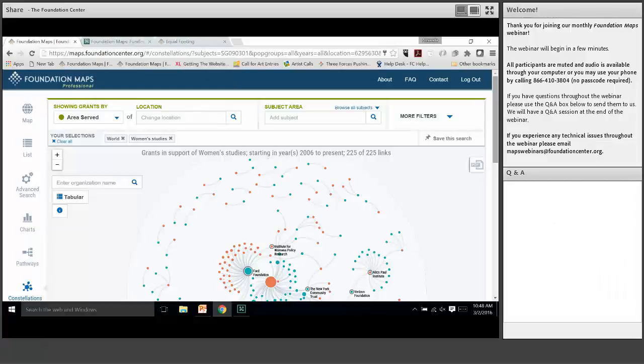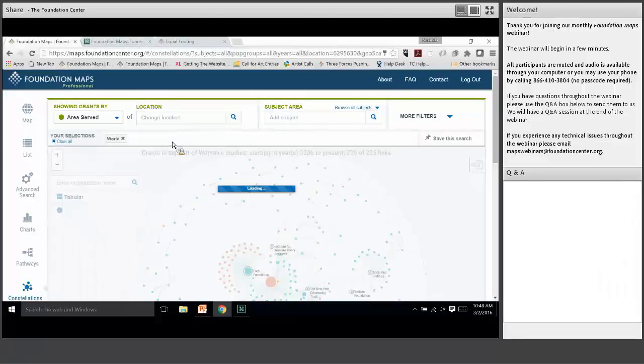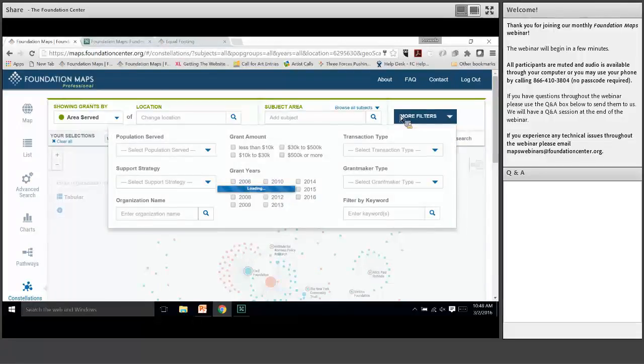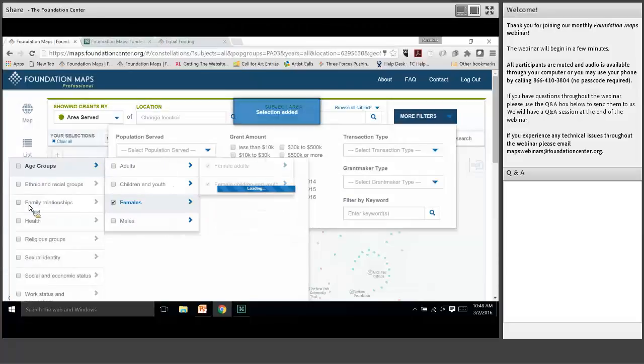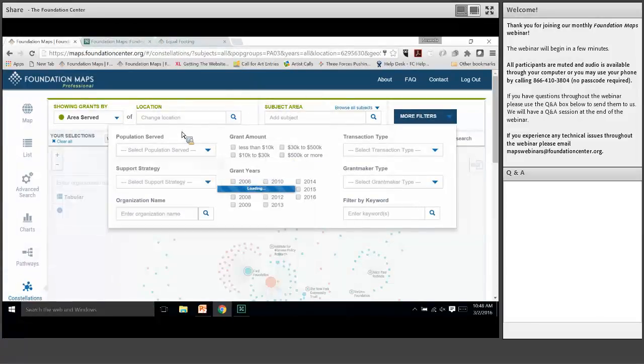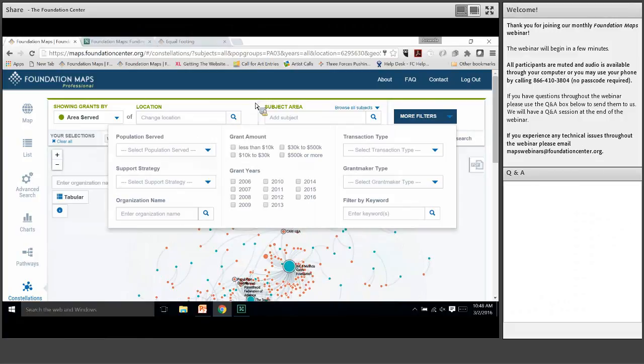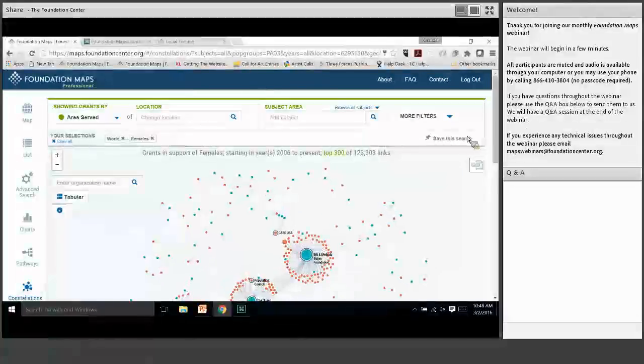Great. So the next question we have is if we have a women in climate change filter, a way of getting at that data that shows a focus on the SDGs. That's a great question. One thing that I didn't go into, but this question is the perfect opportunity to showcase that. The benefit of having women as a population served, or females as we call it, and not solely as a subject area,